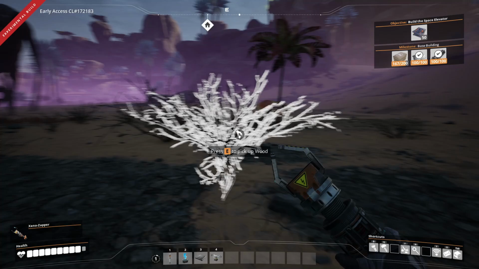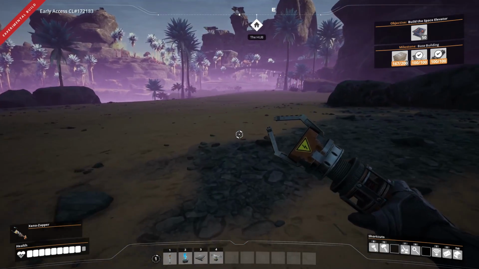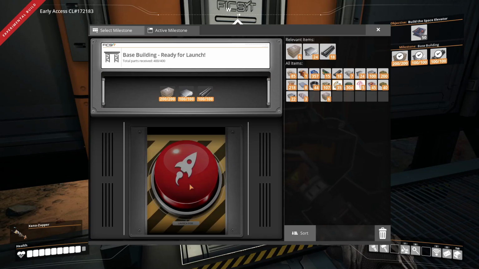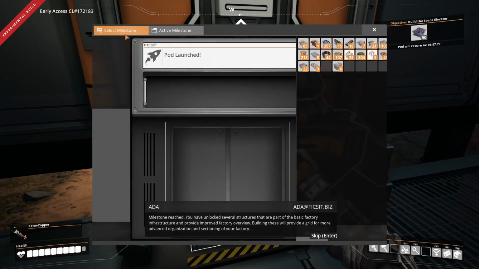Run back, we'll make some... Uh-oh. Game freeze? Oh, there we go. Game froze for a second. Nice. Finish this, and we'll send it out. Bam. Milestone. Now, the next thing you have is...